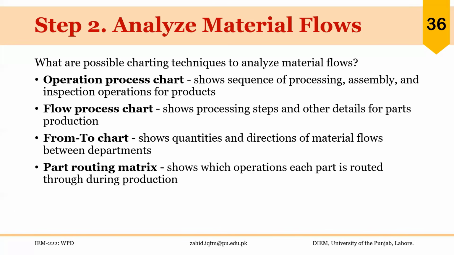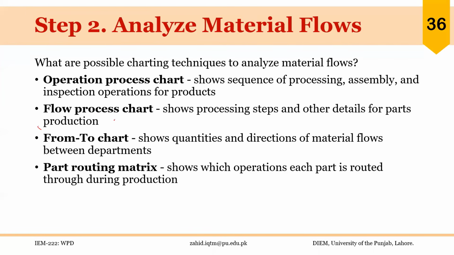One of them is the operations process chart. It shows the sequence of processing, assembly, and inspection operations for products. We saw it in detail. The flow process chart can be used, which shows processing steps and other details for parts production. We can use the from-to chart,